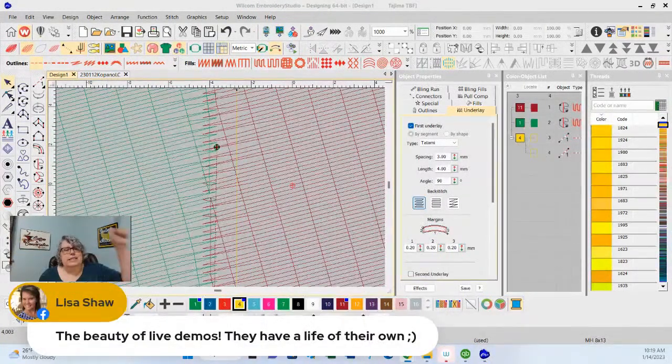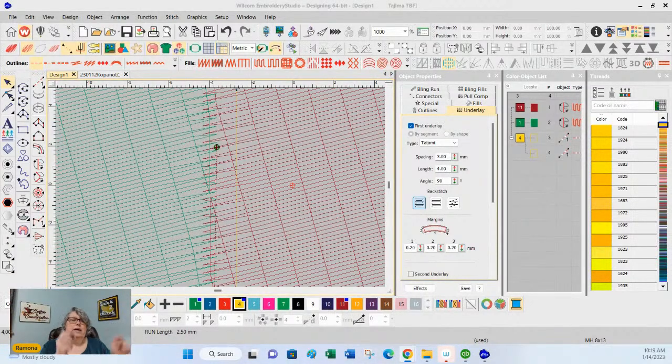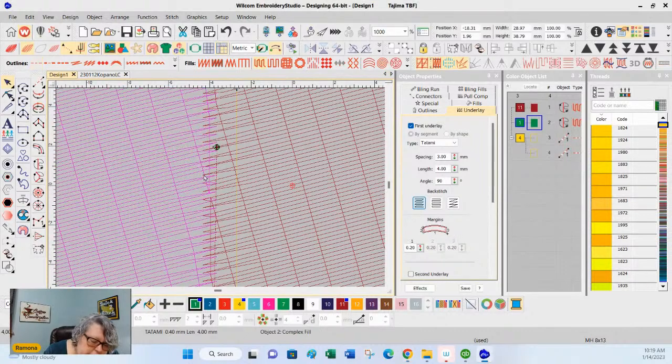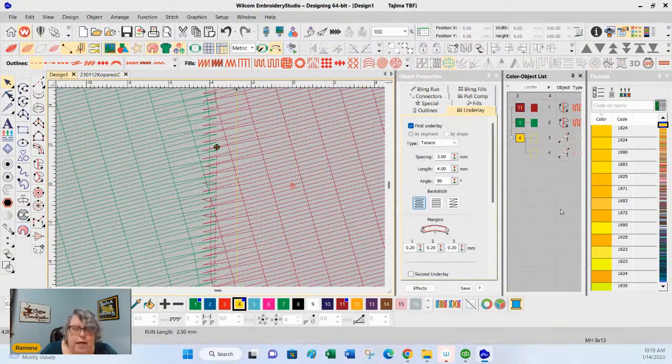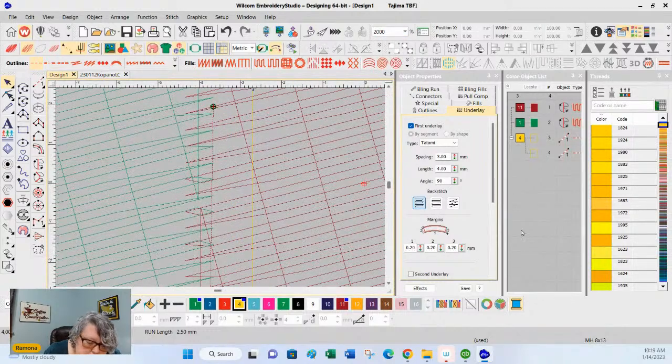That is one line of stitch. And Lisa, that's exactly it. That's why I like doing this. So we don't want to measure from one line of stitch. We want to measure from the second line of stitch, two lines. So we're going to measure from here to here, from one point to the next point. That's where your density comes into play. Now, let's see how much larger we can get this.